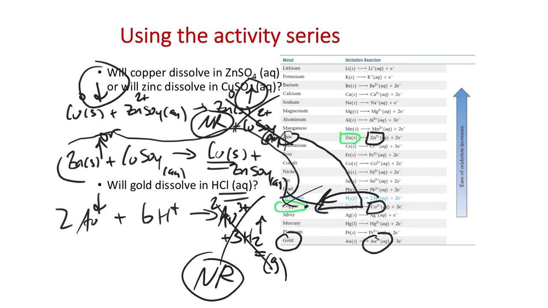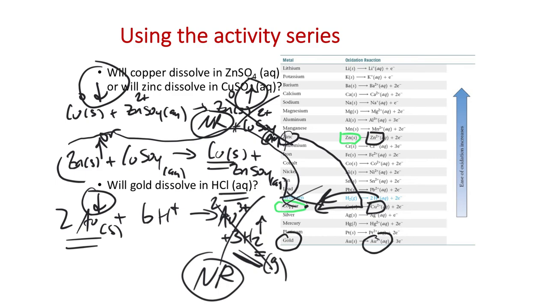We can predict what the reaction would be if it were to take place, and then look at the relative activities of the gold metal versus the two different elemental forms of hydrogen. Gold's lower down, hydrogen's higher up, so we can't produce the more reactive H2 with